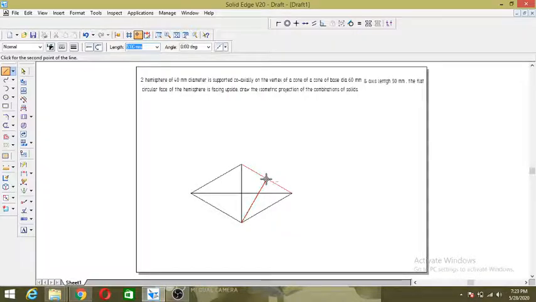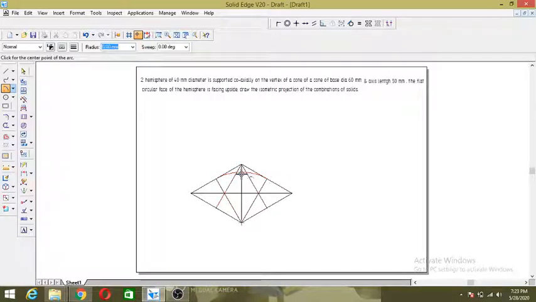This is the midpoint of this line. Again, this is the midpoint, and from here, this is the midpoint of this line. See, just observe the cursor. Then after that, what do you have to do? For the base I am constructing an arc by center point. I am going to take this one as the center of the arc, and this is the radius. Draw the arc till here.